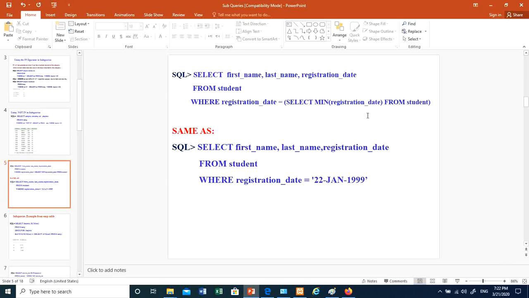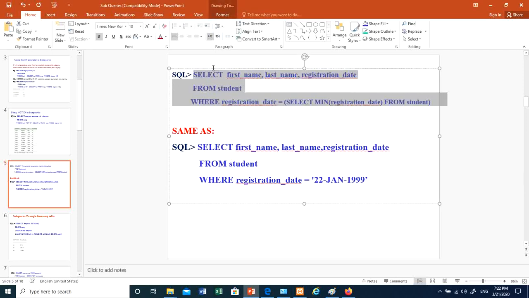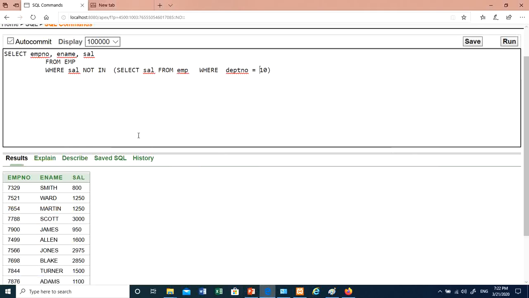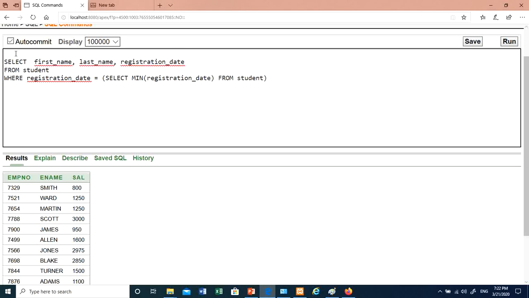This example here. Select first name, last name, registration date from student table where registration date equal select minimum registration date. This question simply is display those who are registered in the minimum registration date. Minimum registration date. If you'd like to